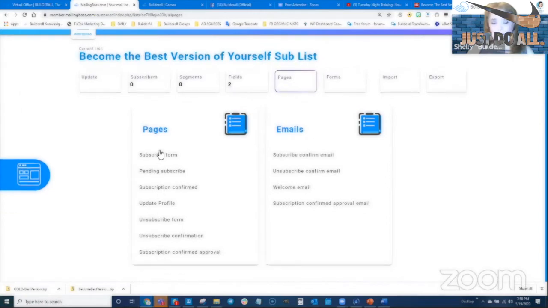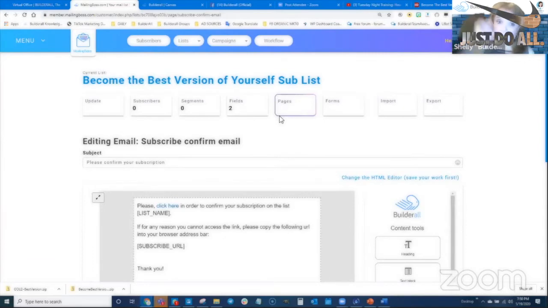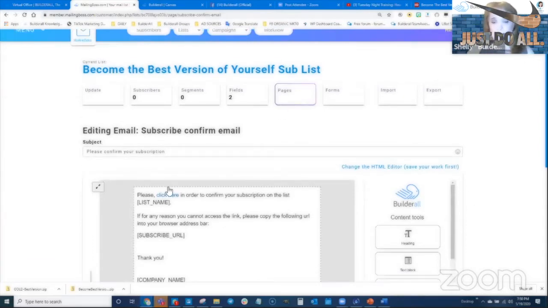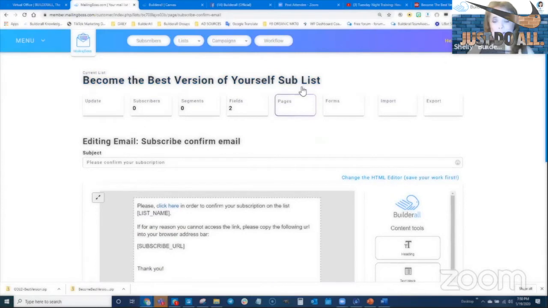There's my pages. We won't edit any of those, but on the emails, I've got subscribe, confirm, email. Okay, I'm going to click on that. This is the email that they get that tells them, hey, don't forget to click here to confirm your subscription. So on this email, I don't really like the way it's set up because it says, please click here in order to confirm your subscription on the list. And then it says the list name. And this list name is going to be become the best version of yourself sublist. I don't want